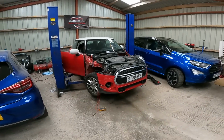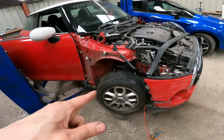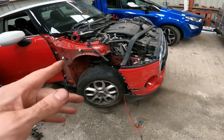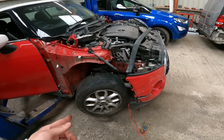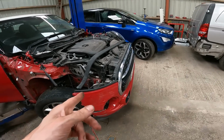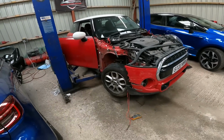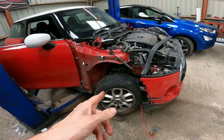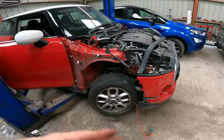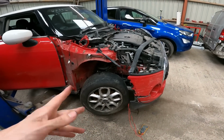Right, I think I've got to the bottom of it. It appears that the wheel speed sensor for this driver's front corner is broken. Now I had an extra wheel speed sensor, like I said, with the new strut. But look at it more closely, it's actually a slightly different sensor on the end. Now these minis, whether they have park assist or not, have a different wheel speed sensor. So I can only presume this strut is off a car that had parking assist and it's got a different wheel speed sensor. And like I said, evidently my original one seems to be broken because I tried both them,